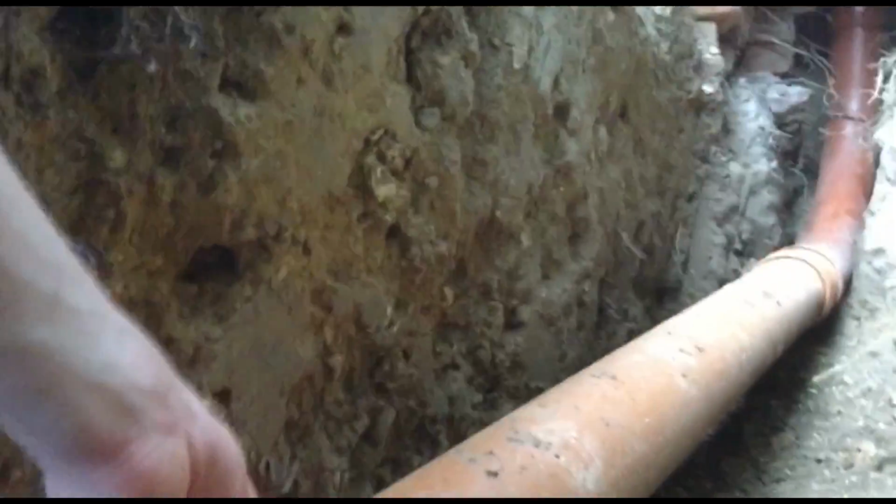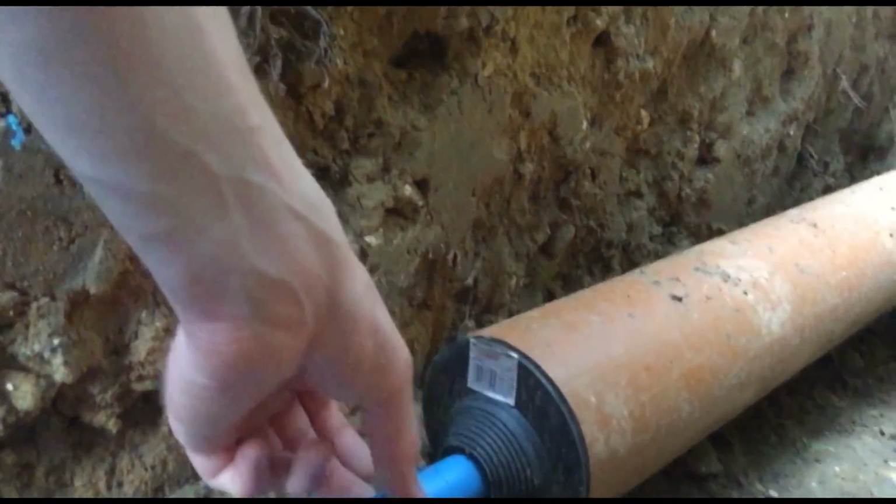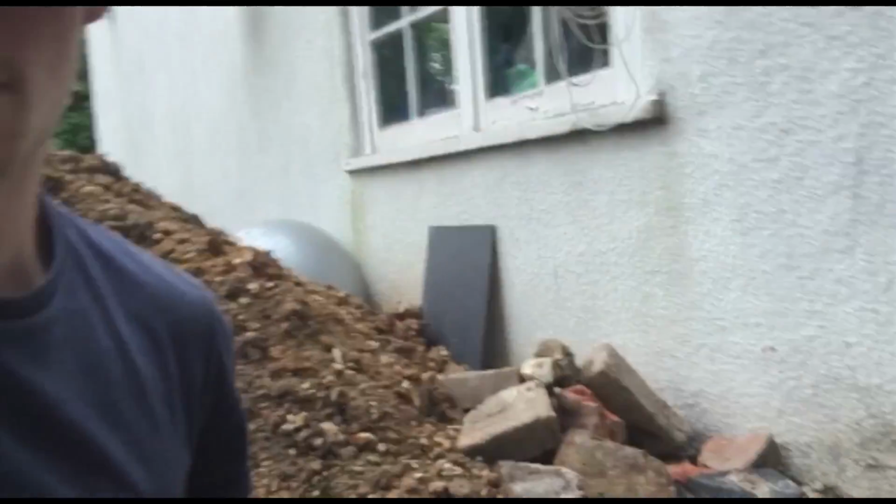And another point is that both ends of the guttering need to be sealed to stop vermin or mice or anything from getting inside, because they can bite away at the water pipe, and that's going to ruin your supply of water. And it's going to be pretty difficult to dig all that back out again, so you want to make sure they can't get in if they do burrow underground, especially moles or something like that. So basically what I've got is, on both ends, in case they enter from the house side or the underground side, this. It's called a